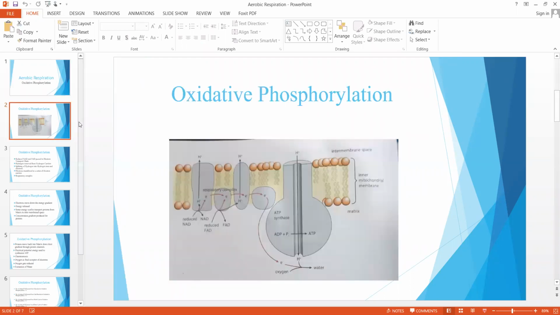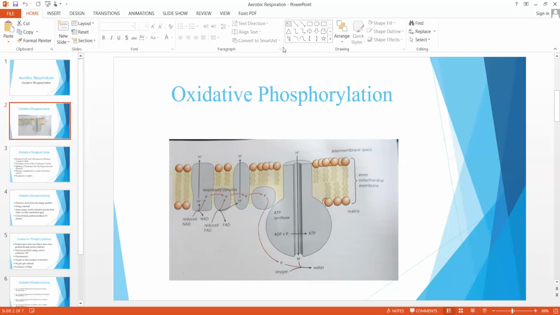You can see here, this is a diagram showing a part of the mitochondrial membrane, because we know that the process of oxidative phosphorylation takes place on the inner mitochondrial membrane. So obviously, if this is the inner mitochondrial membrane, of course this is the mitochondrial space, and then on the other side of the mitochondrial space is going to be present the outer mitochondrial membrane, which is not shown over here. So this is the intermembranal space, and this is the inner membrane.